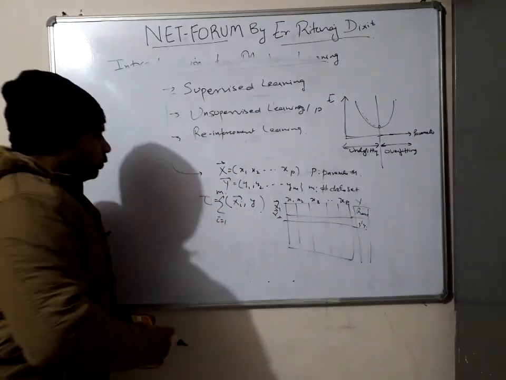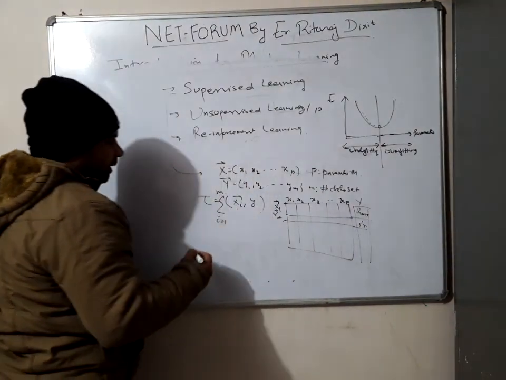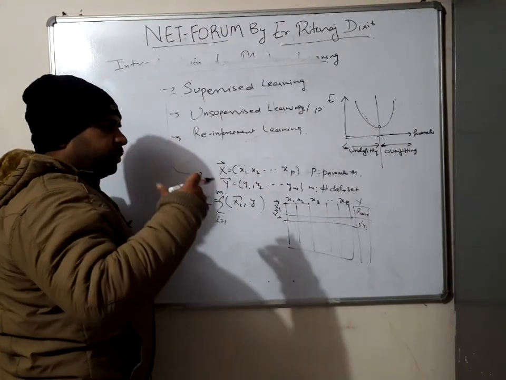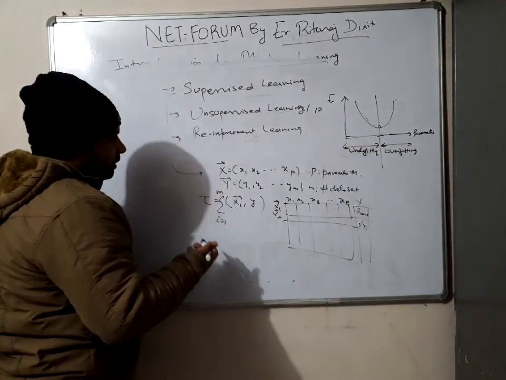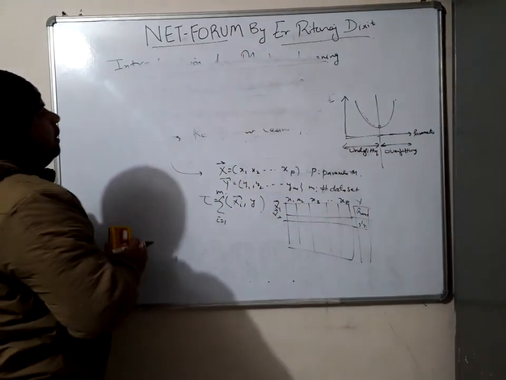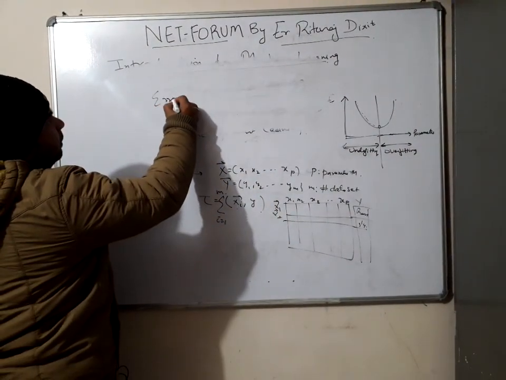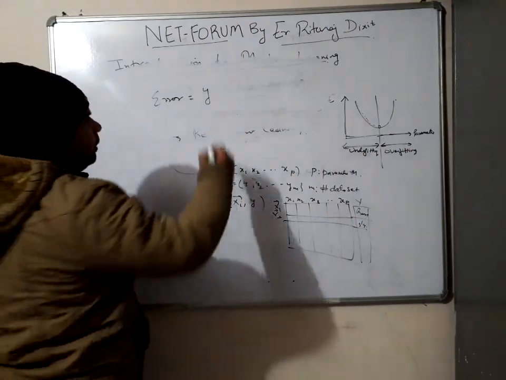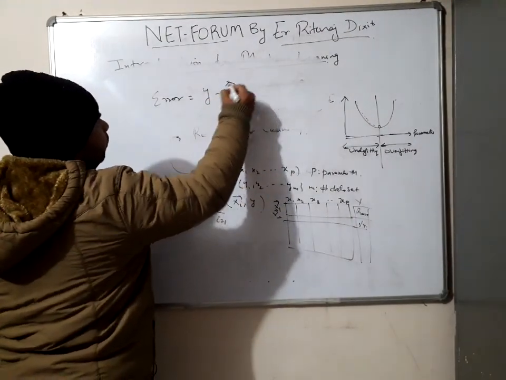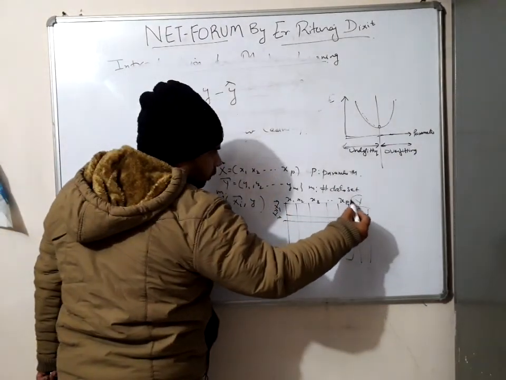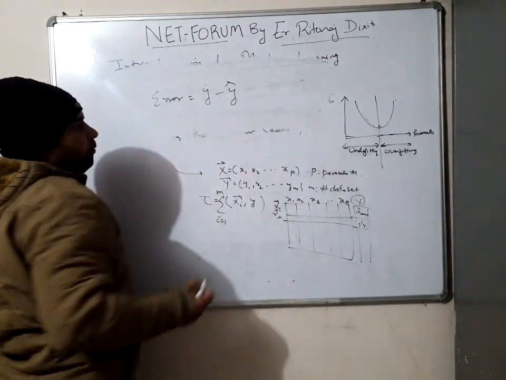So what we try to do is implement a particular algorithm and reduce the error. Now, what is error? Error is the difference between the actual output and the predicted output, right? What is the actual output? The actual output is this output, Y, by your test data.